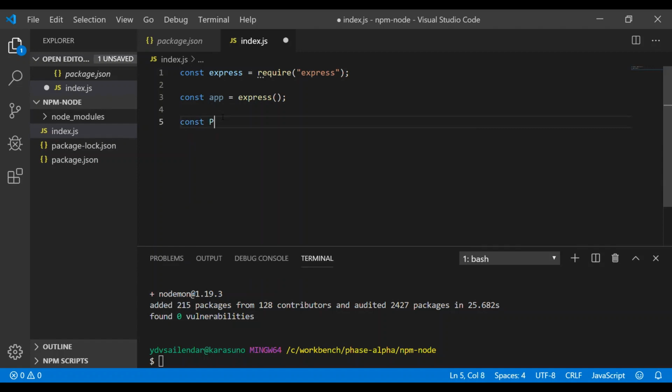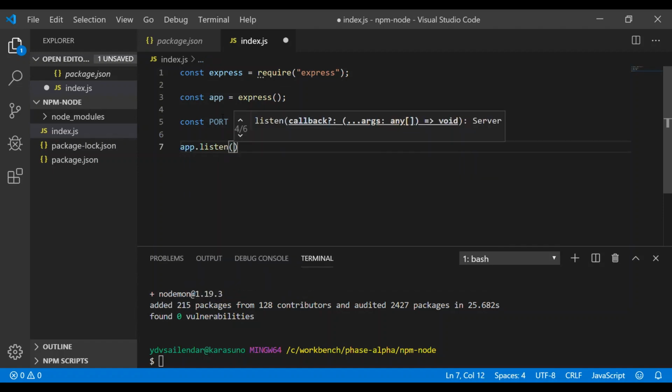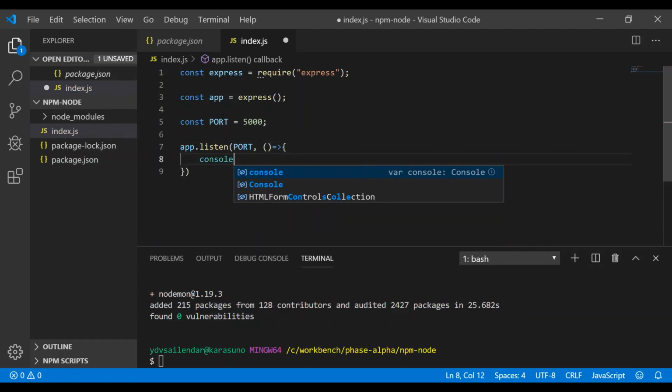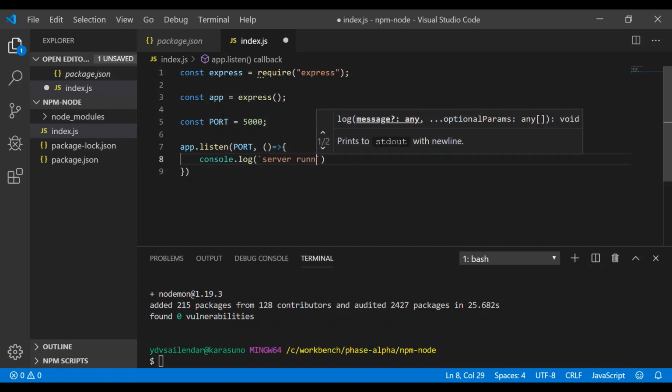We will need a port, so we will give it a default value of 5000, and we will just listen to the port. I will do a console log just to see whether everything is working or not. So server running on port